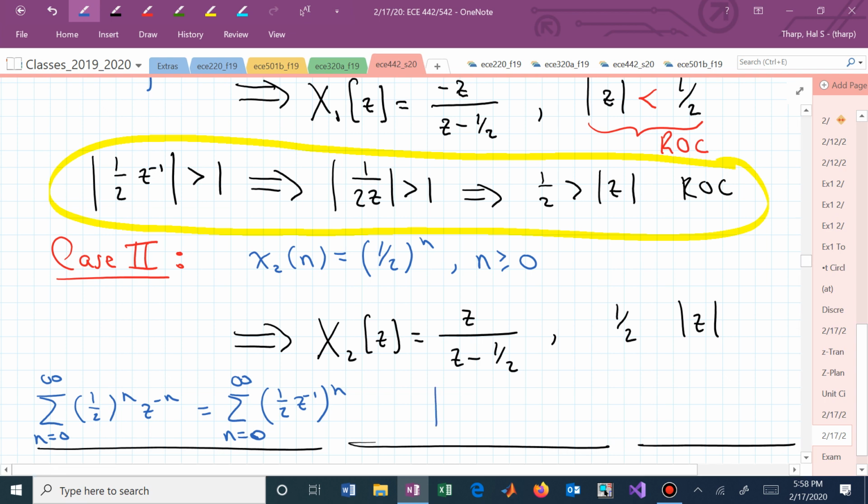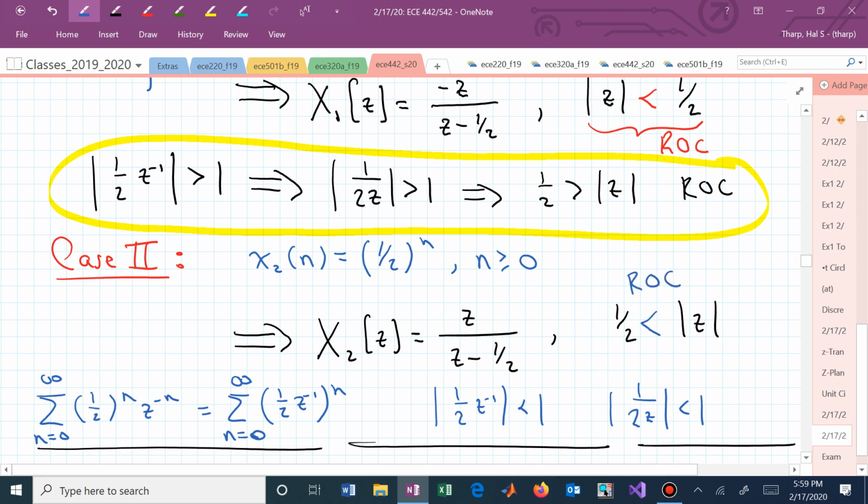We now know that the magnitude of 1/2 z to the minus 1 needs to be less than 1, or we now have 1 over 2z less than 1. We multiply by the magnitude of z on both sides,